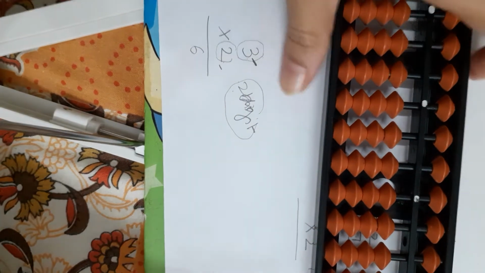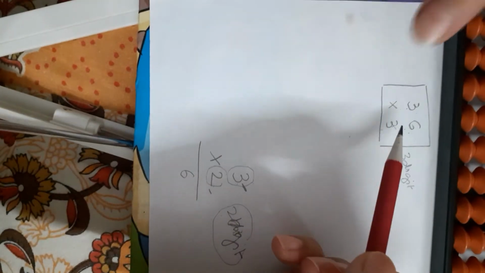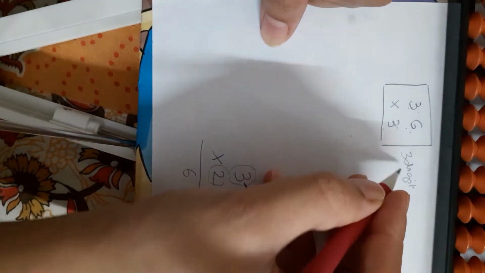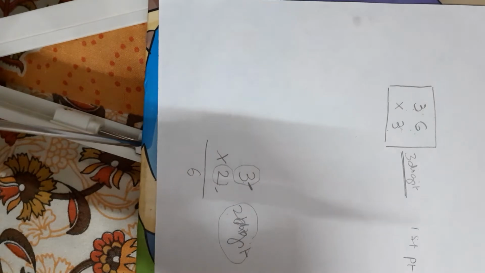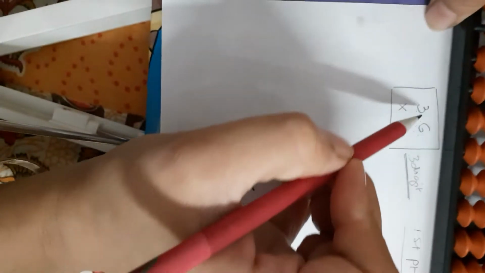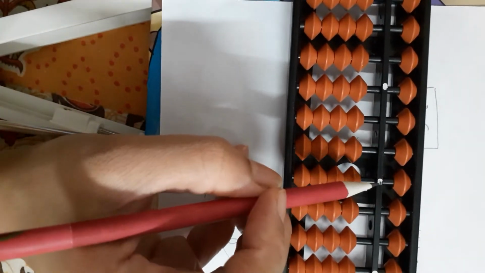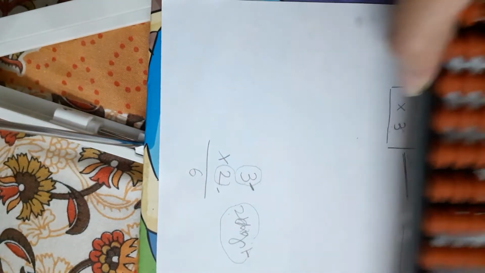Now we'll first solve one question, that is 36 into 3, and I'll explain how to do it. This first point I told you is from where to start, that is the number of digits, 1, 2, 3. So I'll start from 1, 2, 3. From this place I'll start. Now the hundreds place is final. Now the second point is